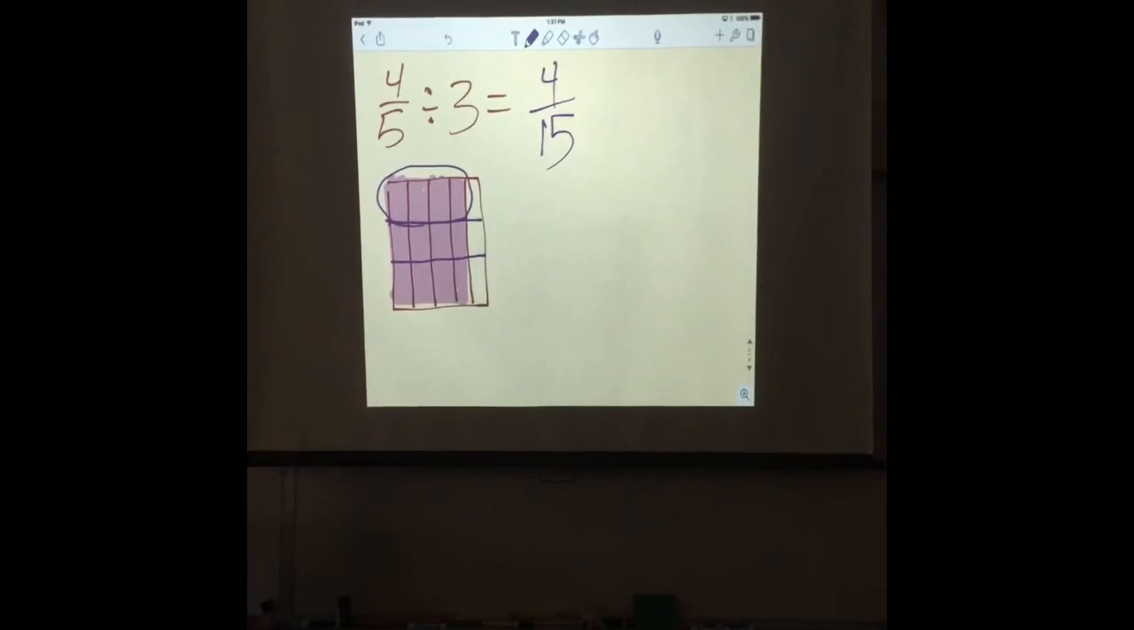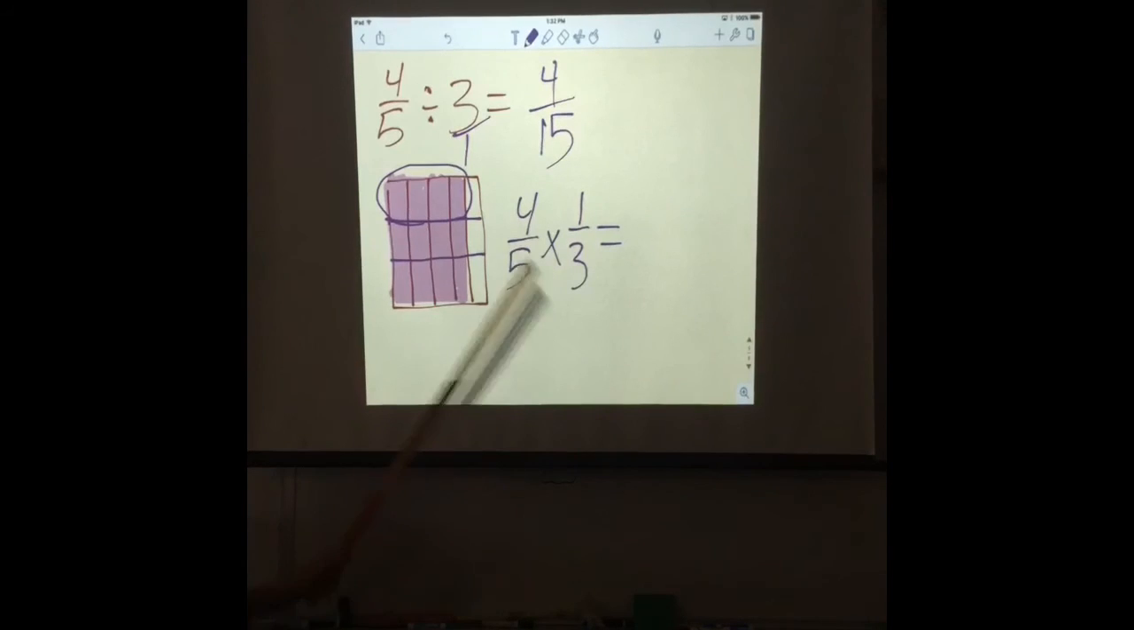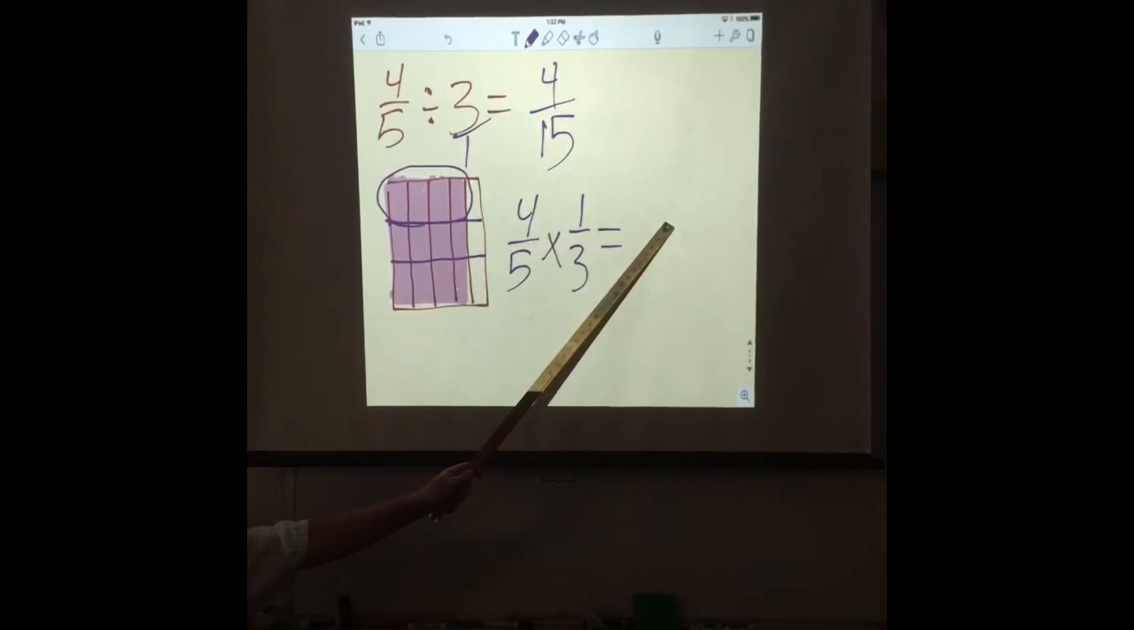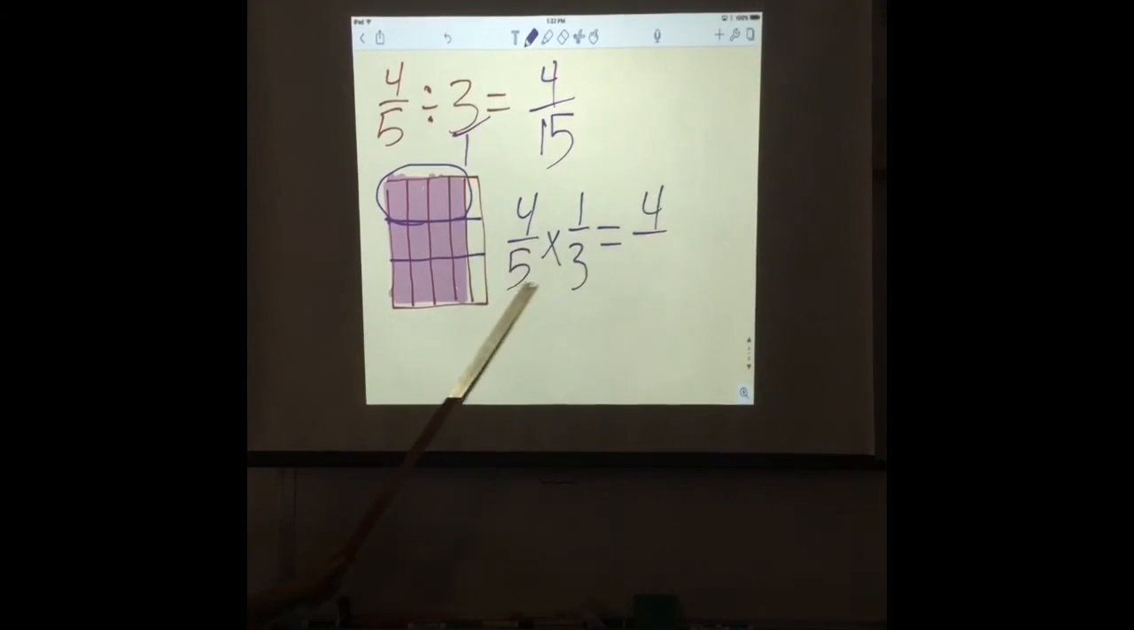Can I do this now as an algorithm? Yes. I have to put my 1 under the bottom and I can flip it over, right? You flip the right one over and do the opposite activity. So 4 times 1 is 4, and 5 times 3 is 15. The question becomes,